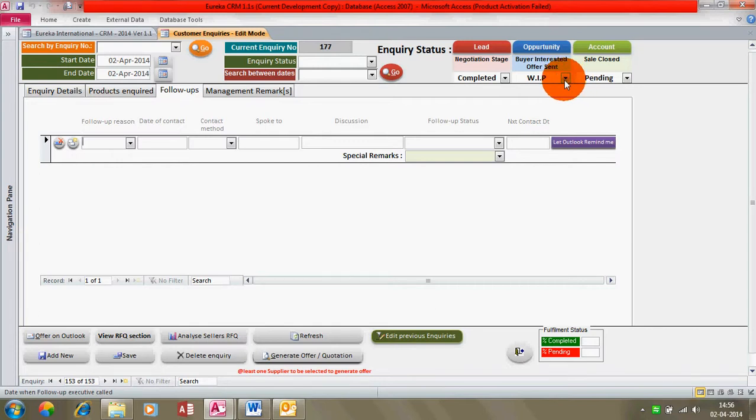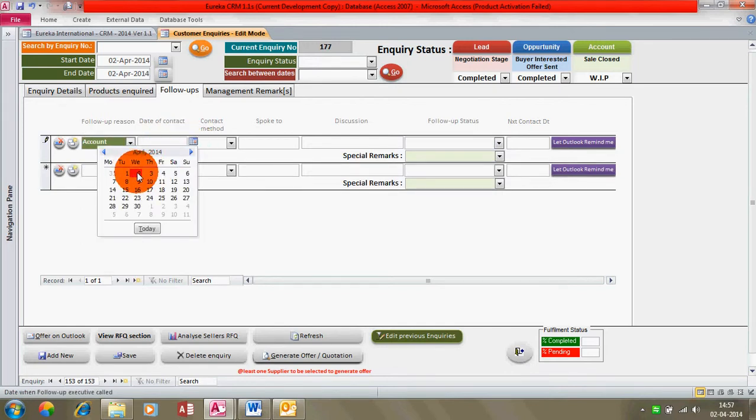Once you follow up with the buyer and he says, okay, I'm okay with the quotation or the offer which you sent me, then you can mark the stage as completed, and you need to follow up with him for the purchase order or your money. So this stage will always remain pending, a work in process, until you receive your money or your PO. There is an entire follow-up procedure here which needs to be executed until this gets completed. Let's take a small example, like I'm calling up an account for my PO to this buyer.